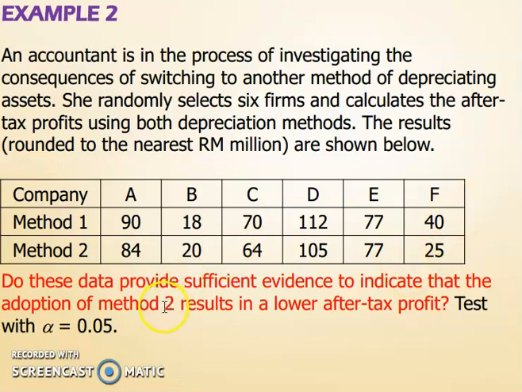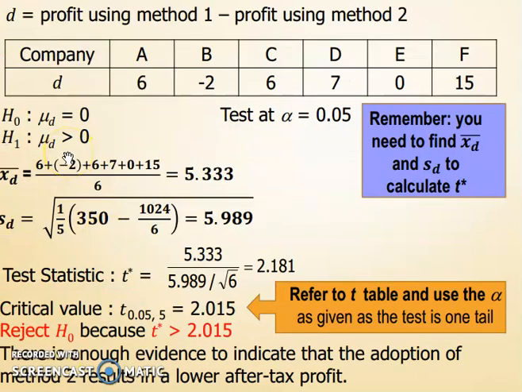So when we claim that method 1 is higher, the difference is going to be larger than 0. By saying that the difference is larger than 0, the H1, or alternative hypothesis, will be mu D larger than 0. H null: mu D equals 0. H1: mu D larger than 0. Why is it larger than 0? Because we are using the claim that method 2 will give you lower after-tax profit, meaning that method 1 will give you higher profit. So method 1 minus method 2 definitely will give you a positive difference. And this is the alpha level,